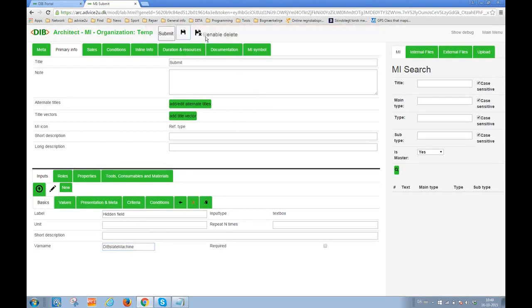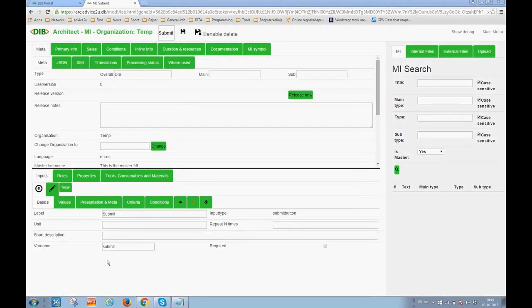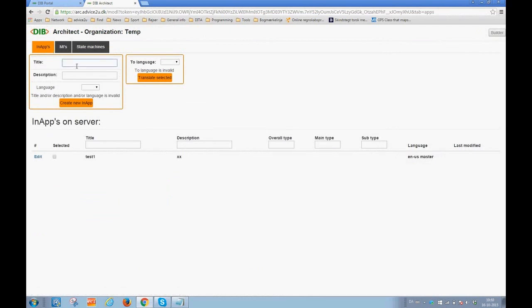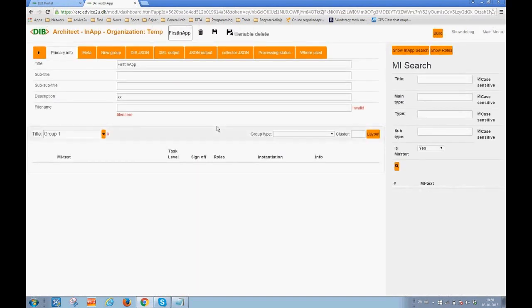And now I see I have a little bug here, or not a bug, but I forgot to fill something out. I'll have to figure that out, and let's see what that might be. I think it's related to the submit button. I need to fill out a warning, and that's what I did right now. So now I'm ready with my building blocks, my MIs, and now I create the container for these building blocks, and that's what I do now. Put a description. I'll just go back and correct that later. I need to fill something in.